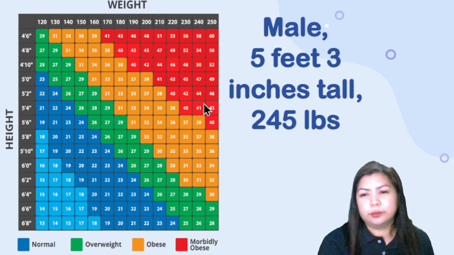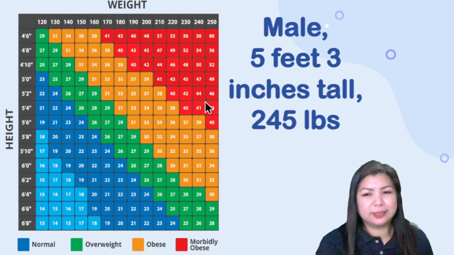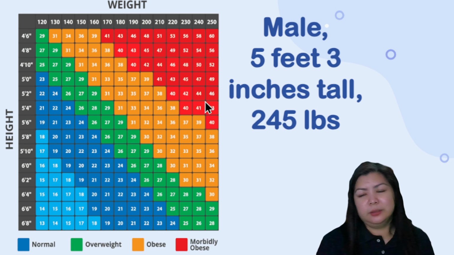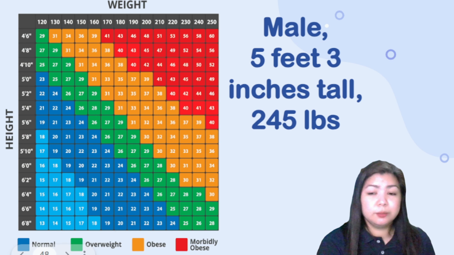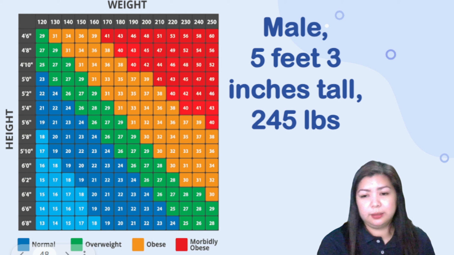If this is the point where the x and the y axis meet, it shows that it falls on the blocks which are colored red. And what does colored red mean? The patient is morbidly obese